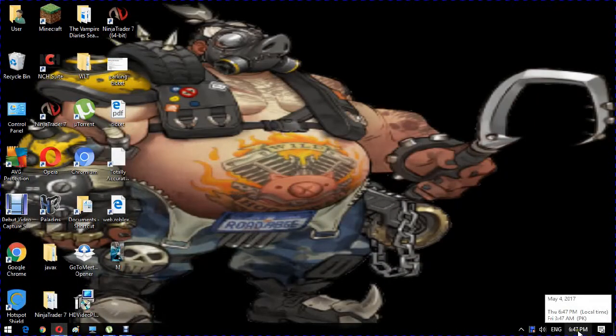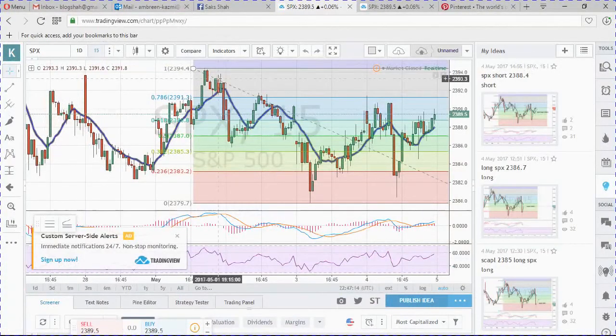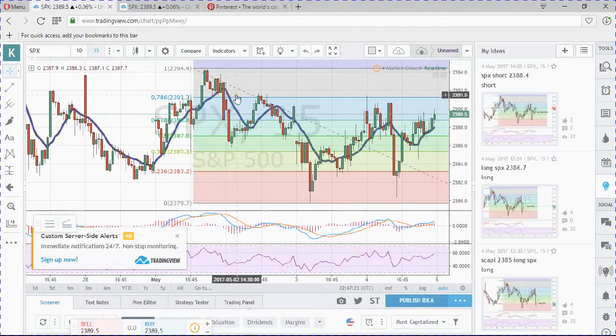It's 6:47 p.m., 4th of May, and we are going to talk about the trades that I took today. I'm going to start with SPX that I was scalping today. So this is a 15-minute chart. The first idea that I posted was